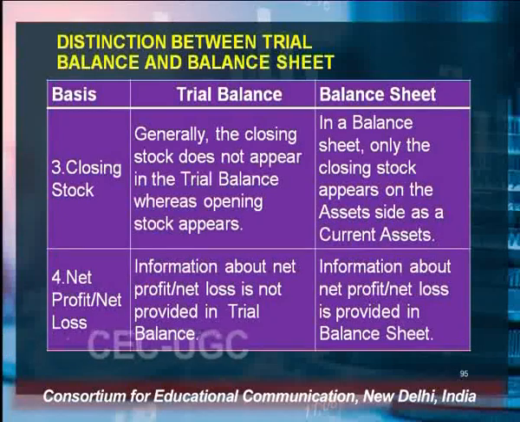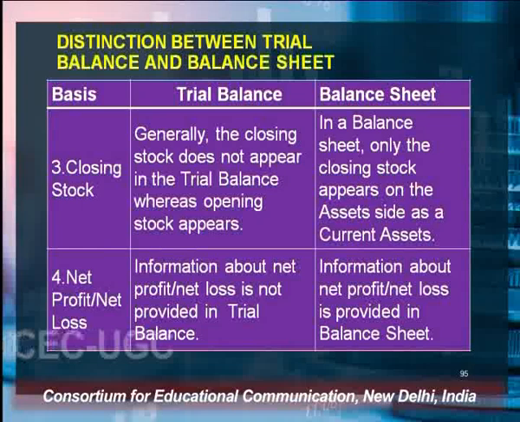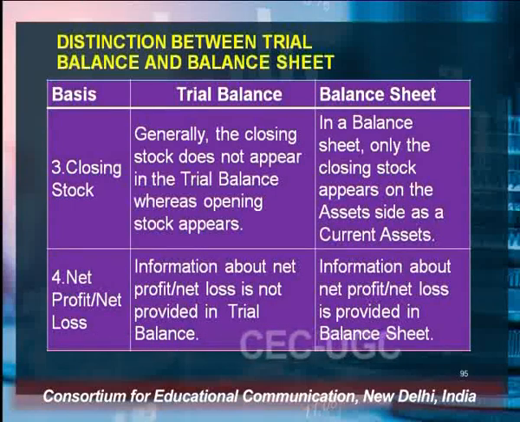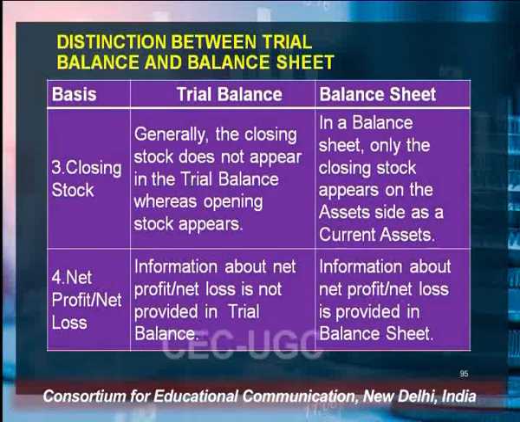In trial balance, generally the closing stock does not appear, whereas opening stock appears in the trial balance. In the balance sheet, only the closing stock appears on the asset side as a current asset. Information about net profit or loss is not provided in a trial balance because a trial balance is just a summary of all the ledger accounts, whereas information about the net profit or net loss of a business is provided in